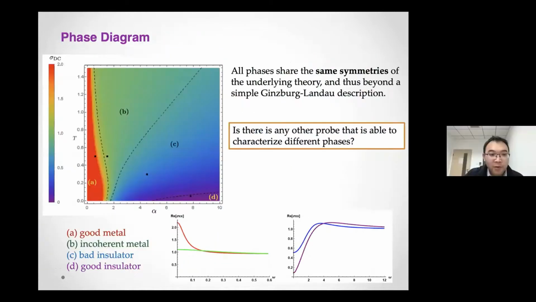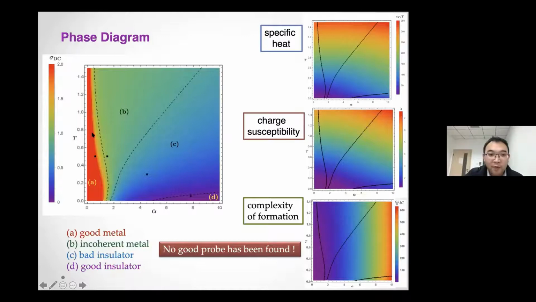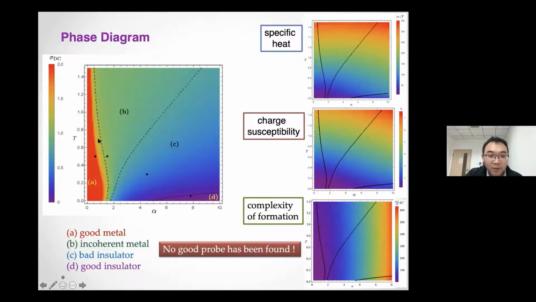Actually, the phase diagram depends on the parameters, I mean the strength of disorder. So if you choose a different disorder, they will be in different phases. Next slide, I think. This one? Yeah, this one. Because different quantities give you different boundaries, right? If I understand correctly. This boundary is from this phase diagram. We just compare if the specific heat can give the same feature. So this boundary is just this one.